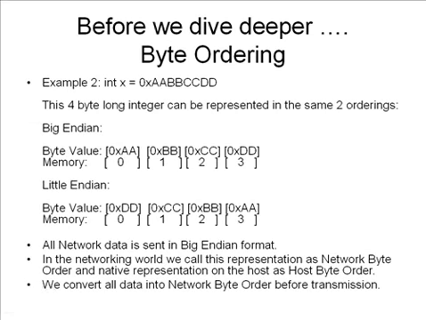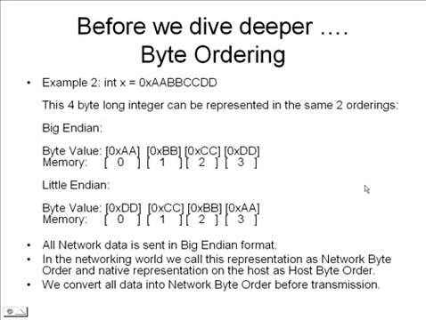To make this example a little bit clearer, let's take a larger integer of 4 bytes, which is AA, BB, CC and DD. Note that AA is 1 byte, BB is 1 byte, and so on and so forth. As we can once again see, in the big endian format, that is from left to right, we can store this integer as AA, BB, CC and DD, with memory locations increasing from 0 to 3. In the little endian format, we will store DD first, then CC, then BB, then AA. So the point is, there are two ways in which bytes can be stored on a host computer.